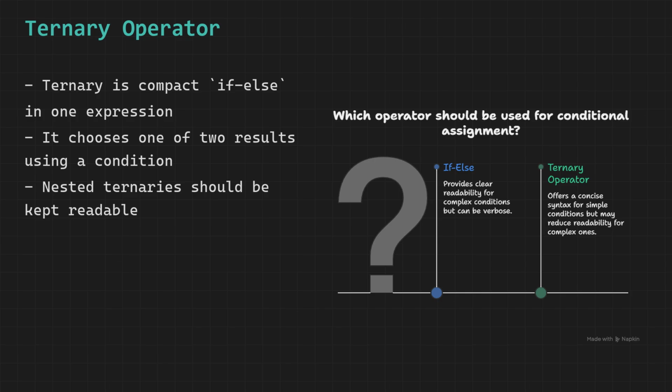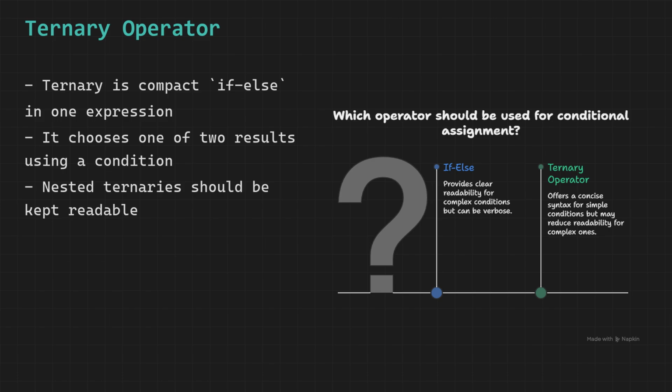Ternary operators can also be nested. String grade = (marks >= 90) ? "A" : (marks >= 80) ? "B" : "C". But deeply nested ternaries become hard to read quickly, so best practice is to nest only one level deep at most. Ternary is also commonly used directly inside